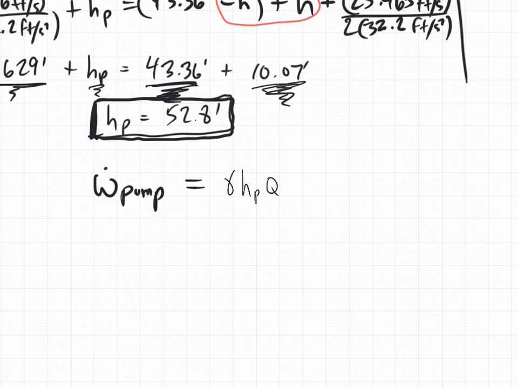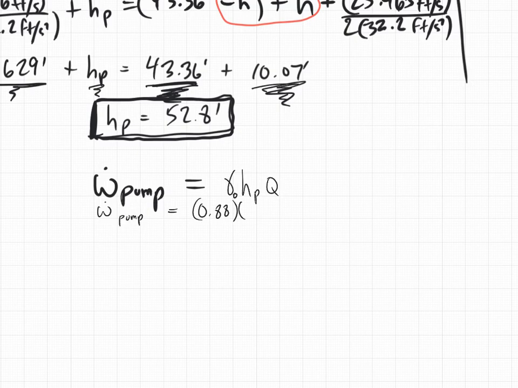All right, so we've got this thing right here. I will note that this gamma is the gamma of the oil. Why the oil? Because that's what we're pumping. So if you're wondering, it should be the one that we're pumping. So we're going to go W dot pump equals the gamma of the oil, which is 0.88, times the